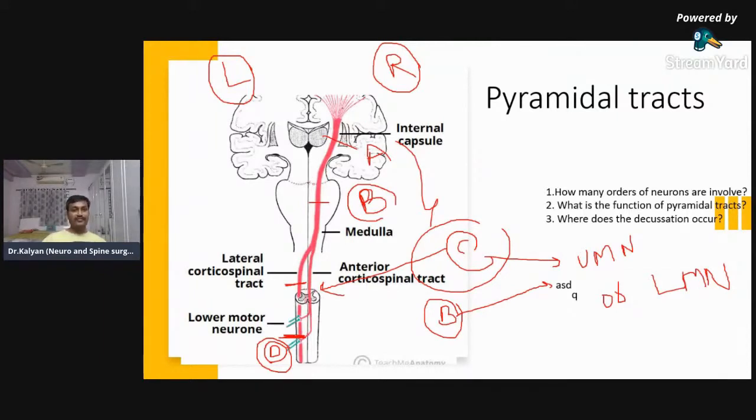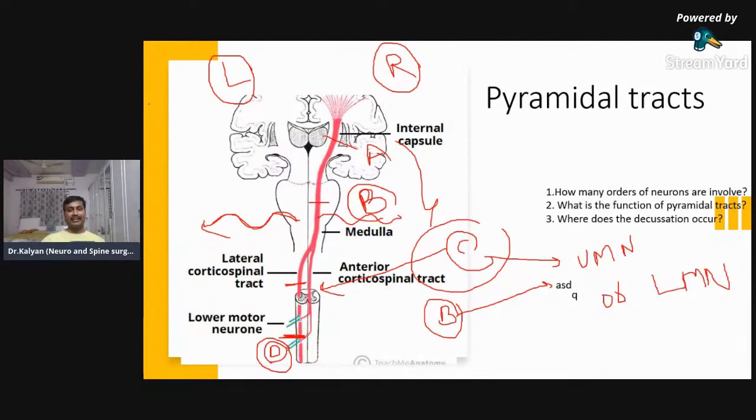There are some tracts which end in the brainstem. From the brainstem, you have the LMN. They enter into cranial nerves like this. So what are these tracts called? Pyramidal tracts entering the brainstem end in the cranial nuclei. From the cranial nuclei come all the cranial nerves with a motor component, like the hypoglossal nerve, the glossopharyngeal nerve, and the seventh nerve. These tracts are known as the corticobulbar tracts. The tracts which enter the spinal cord are known as the corticospinal tracts.